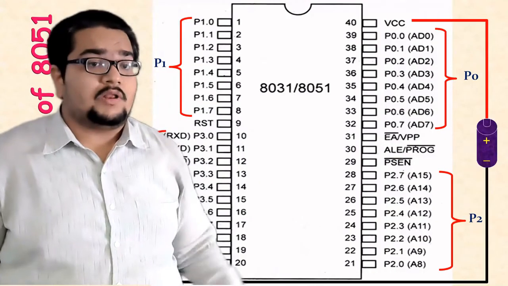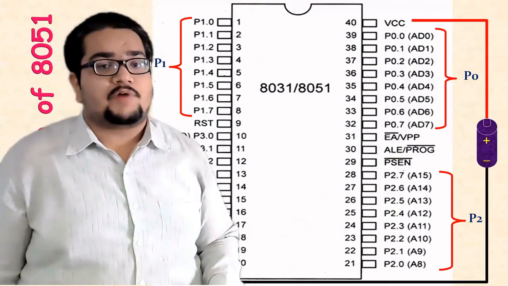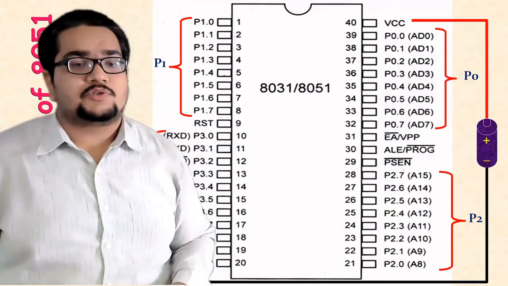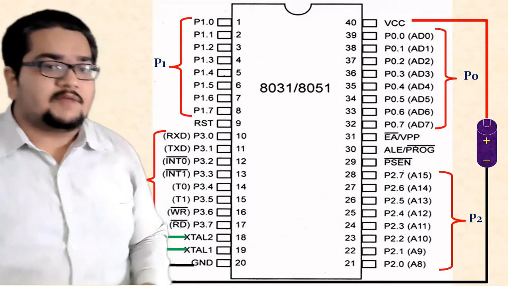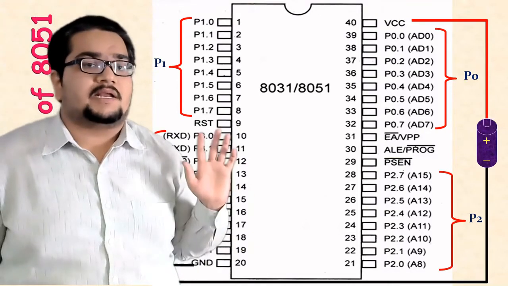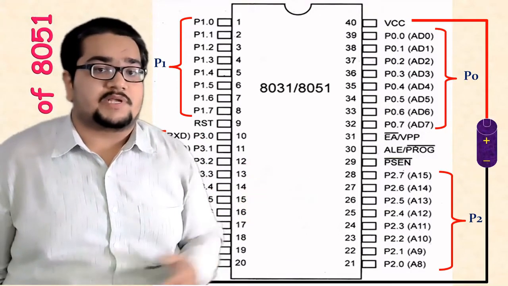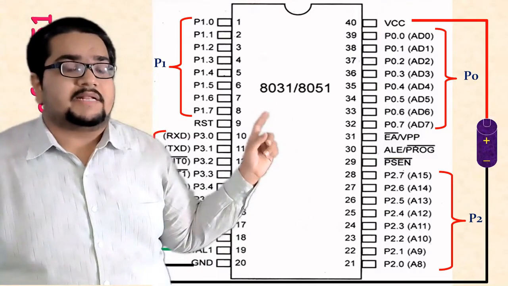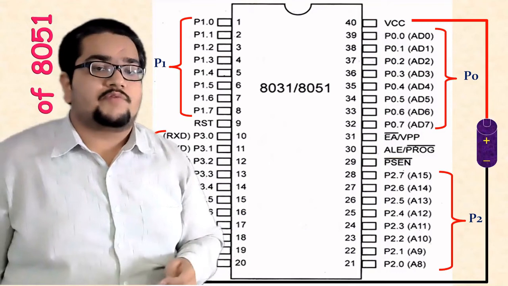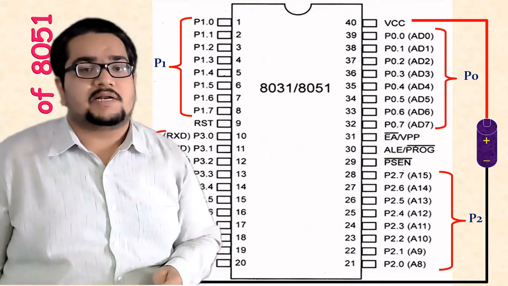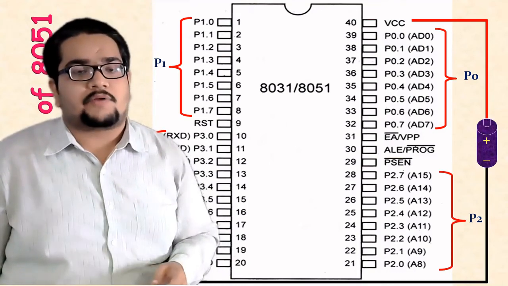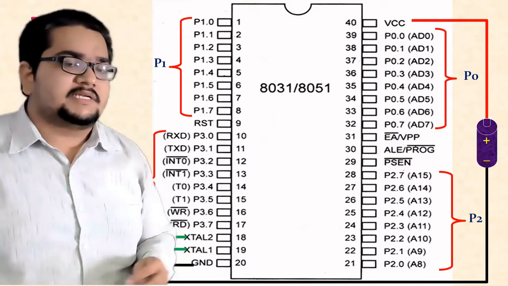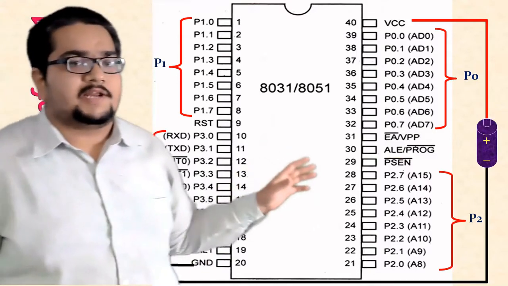Okay, that is all about the architecture diagram of the 8051. Now we will see the pin diagram of the 8051 IC. It's again a 40-pin DIP structure. 40 pins are there, one side 20 pins, another side 20 pins. The name of this IC is 8031/8051. 8031 is basically the earlier model of the 8051. A few more modifications were done in the 8031 to get the 8051 microcontroller. Their pin diagrams and signals are the same, so that's why the common name is given.